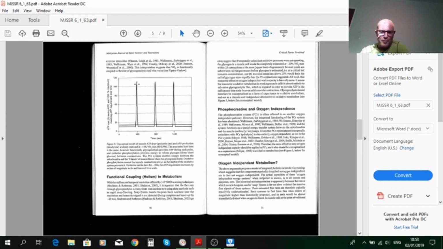Okay. And we find all this stuff out. We found it out by some people called Shulman and Rothman, who did some studies using a 31P NMR machine, which is capable of millisecond resolution in terms of measuring the ATP expenditure and production in muscle cells.